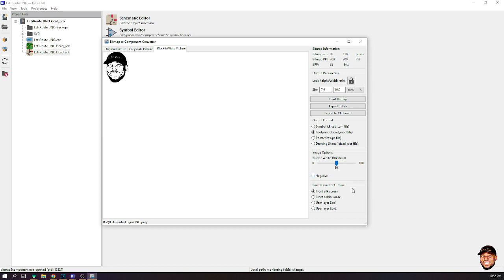No, we don't want negative. Then here you select which layer you want it to be. Is that okay? This is going to be our front layer, so I'll select the front layer. Okay, then